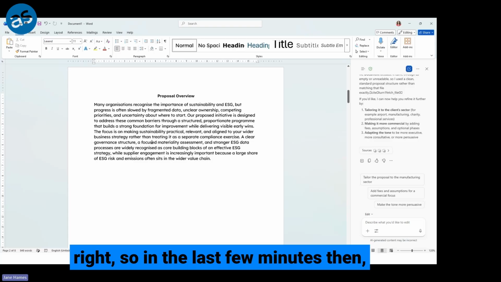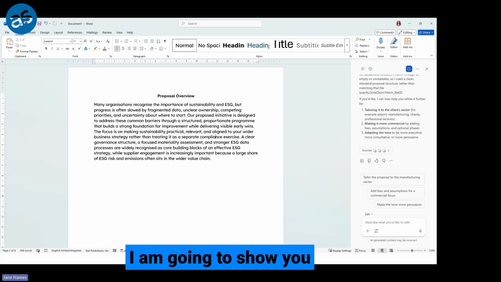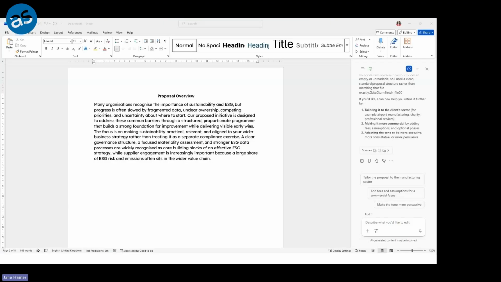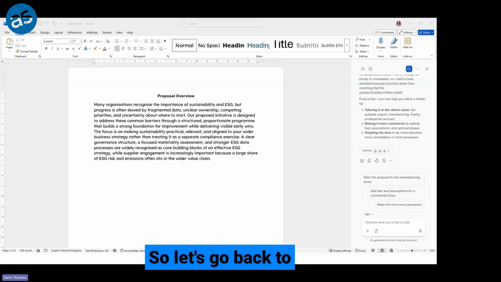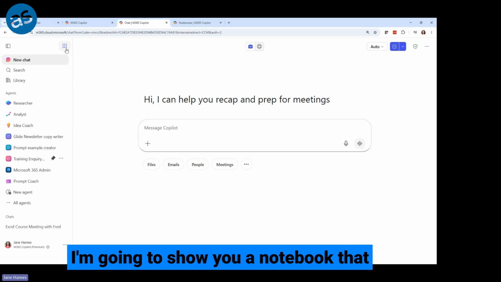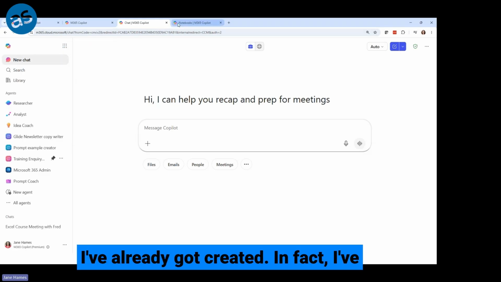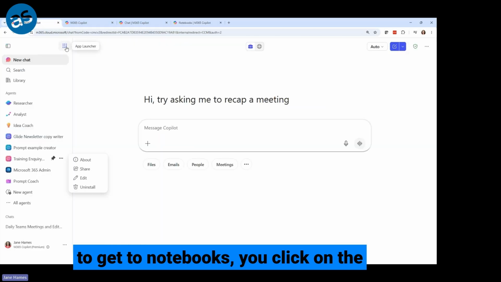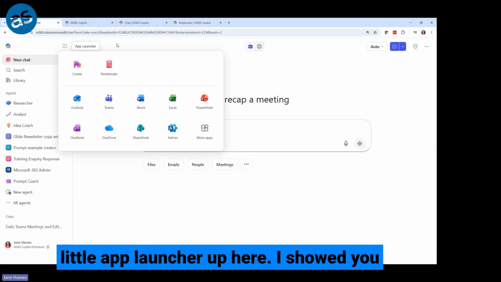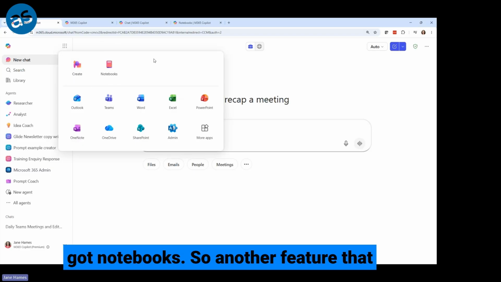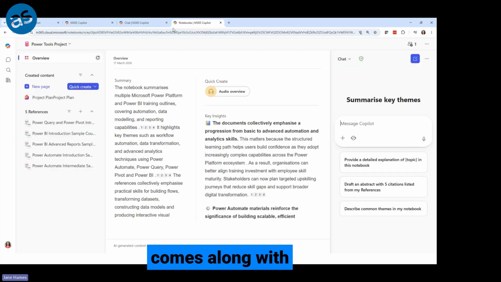So in the last few minutes then, I am going to show you notebooks. So let's go back to Copilot itself. I'm going to show you a notebook that I've already got created. In fact, I've already got it open here. But to be able to get to notebooks, you click on the little app launcher up here. I showed you that earlier with Create, but we've also got notebooks. So another feature that comes along with